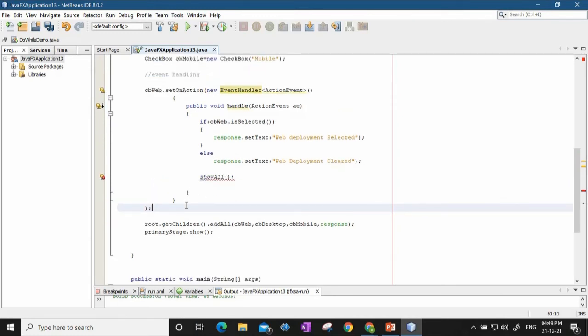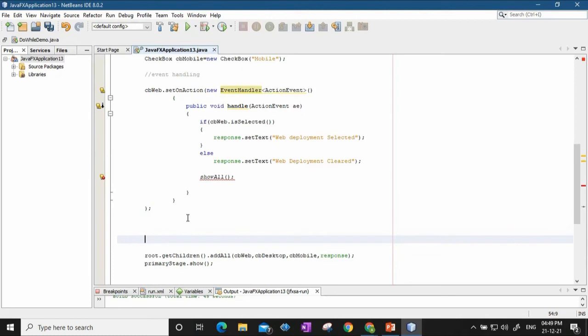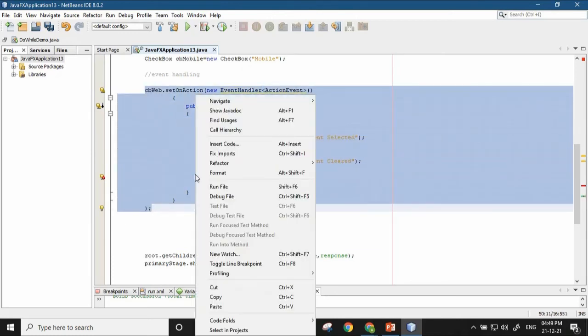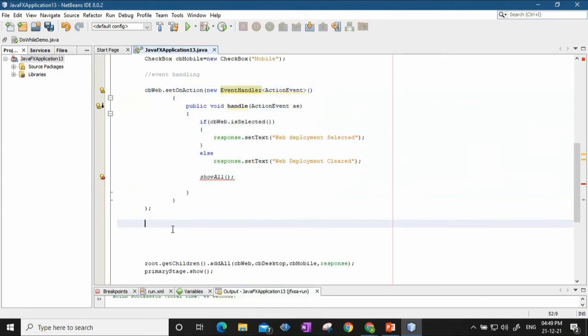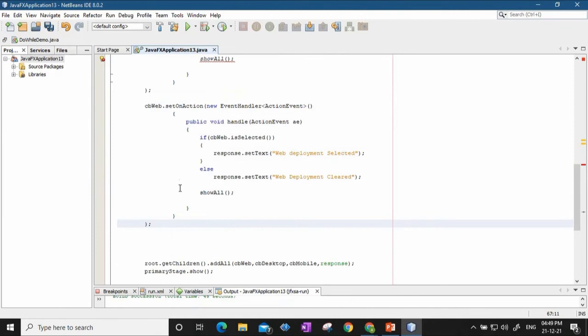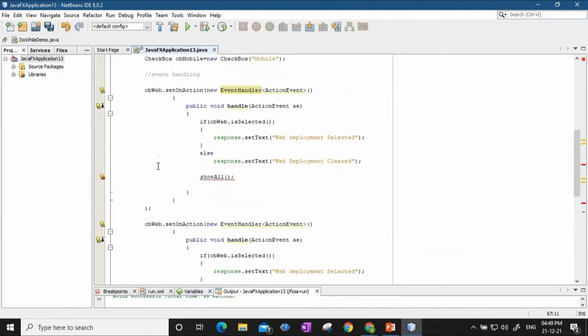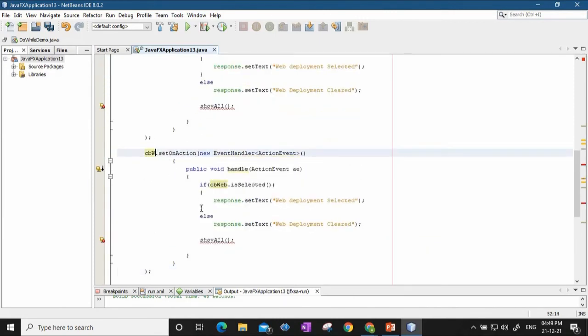Again we have to write the code for show all. So, to not waste time, I will copy this again and paste it here. This is event handling for the second checkbox. This was for CB web, the next is for CB desktop.